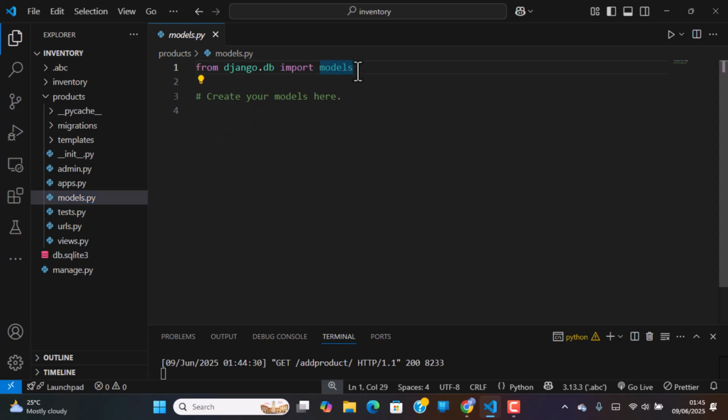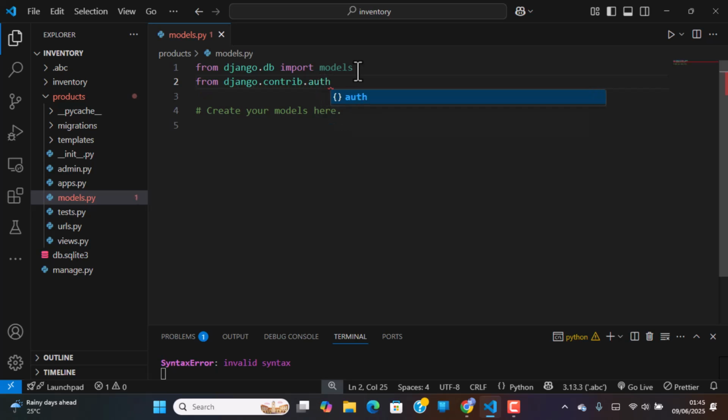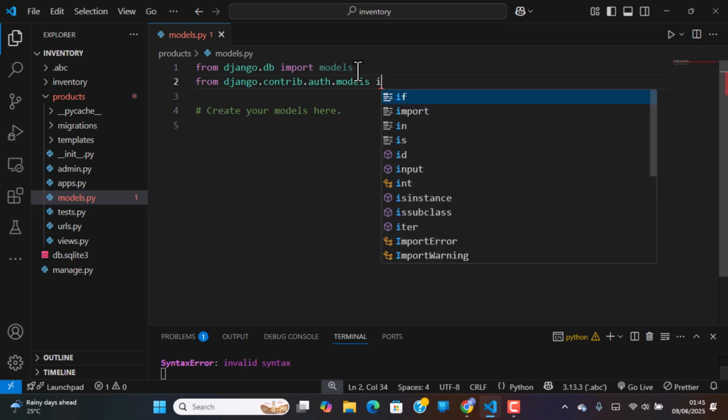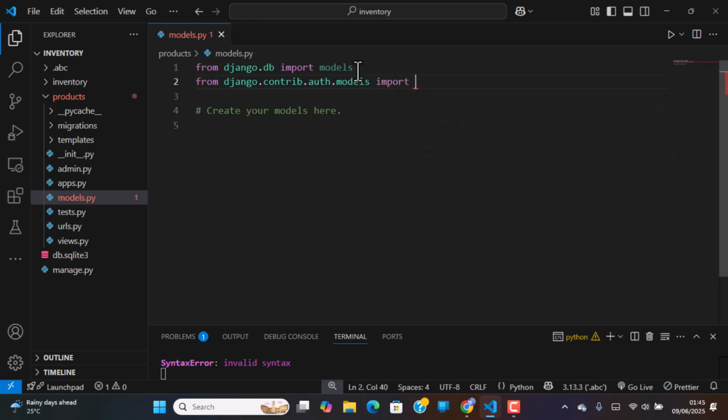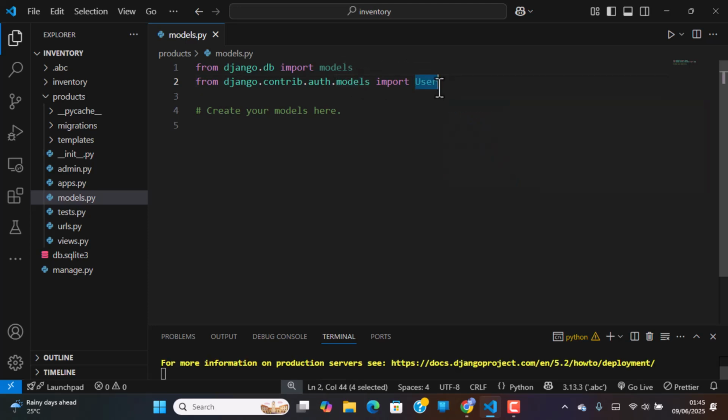Okay, let's do this: from django.contrib.auth.models import User. So we are going to be using the default Django user model, and